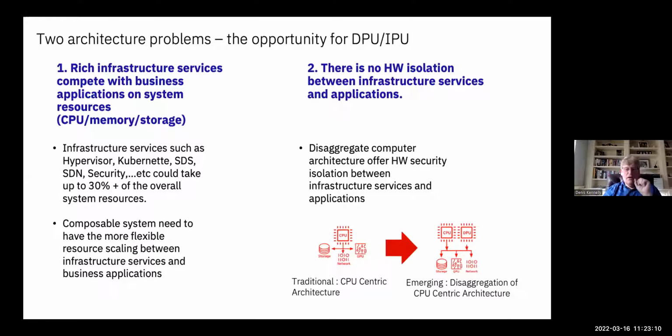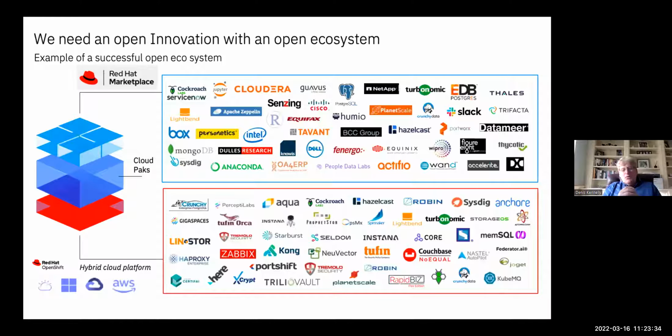So if you think about it, there are two main drivers that we are looking at right now. One is being able to measure the impact of these services, of which there are going to be more, and being able to isolate them from a compute perspective. But then also, from a security perspective, being able to build that isolation and make sure that we can have abstraction across the environment.